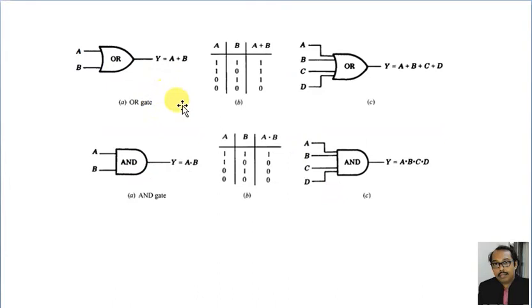A quick revision of this one, say OR gate. So this is a, this is b, y is equal to a plus b. This is the circuit for this one. This is a, b, c, d, all connected to an OR gate. The output is plus, so OR means plus. I explained this earlier. This is a and b, and the output will be a into b. This is a, b, c, d, and this is a picture of an AND gate, and you'll get a into b into c into d.